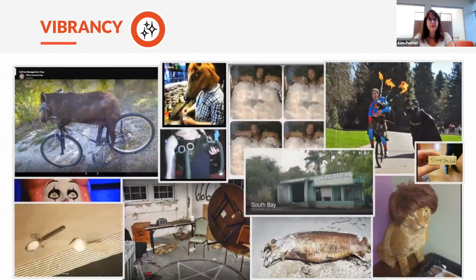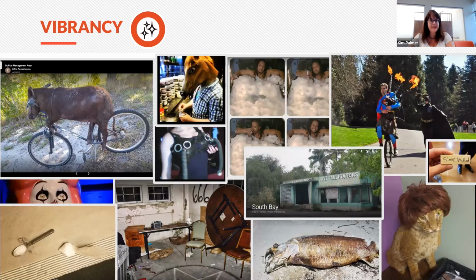Vibrancy is where we are looking at the visual representation of your market across platforms. And again, much like stewardship, if you're not paying attention, some of the user-generated content on these platforms can really get out of hand. These are just a few of the examples of some both amusing and somewhat disturbing images we have found in the galleries for primary attractions, restaurants, and hotels and travel markets.